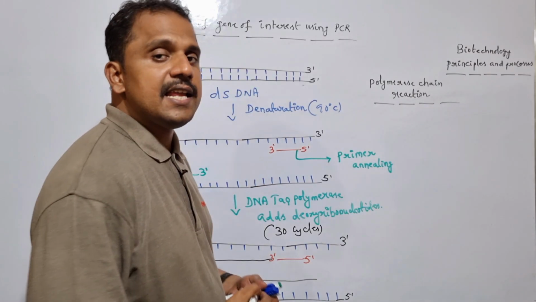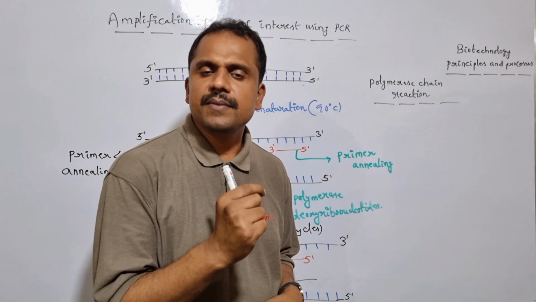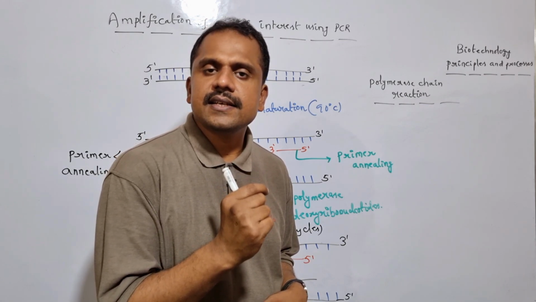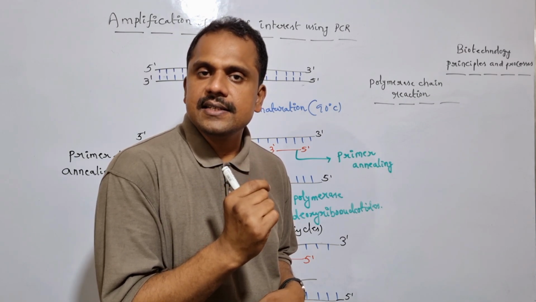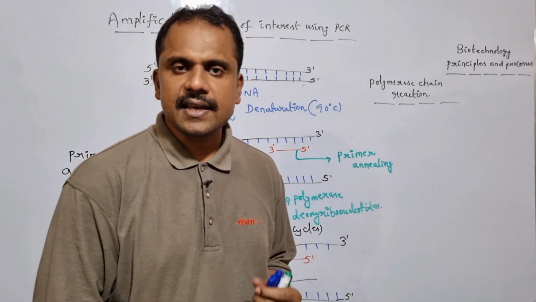If you look at the gene amplification through the PCR cycle, here PCR stands for polymerase chain reaction. By taking the advantage of polymerase chain reaction, we can amplify or manipulate the concerned gene multiple times. So basically the polymerase chain reaction cyclic process